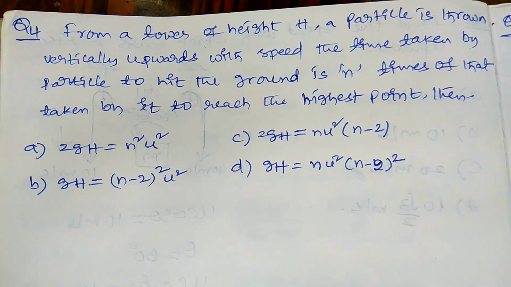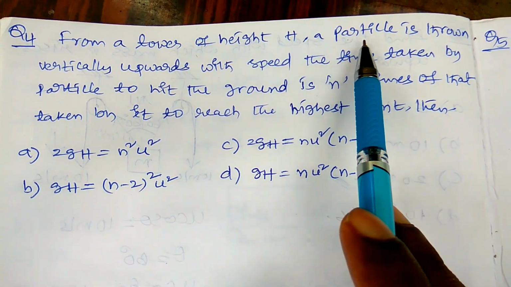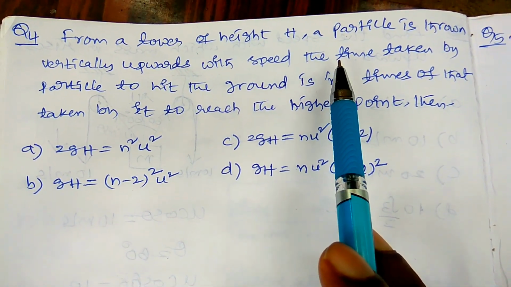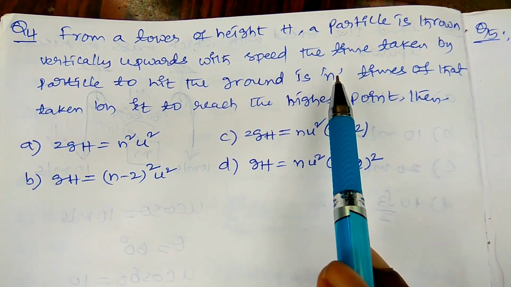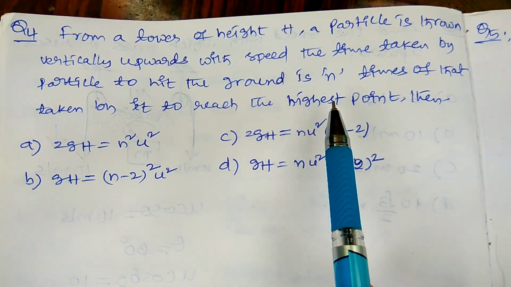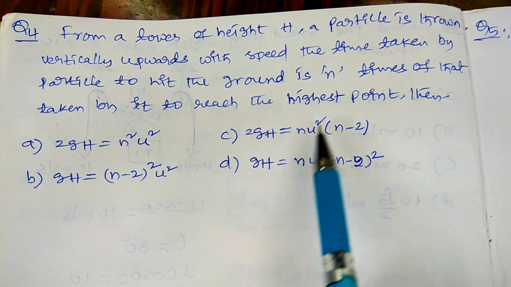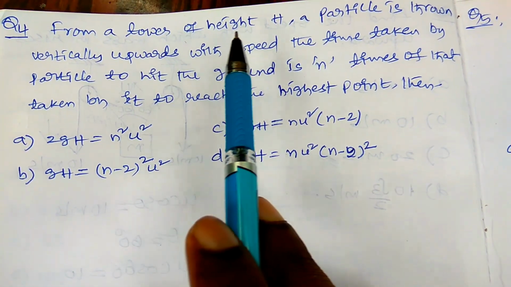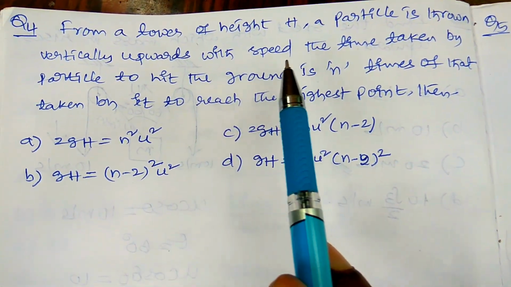Coming to the next question: from a tower of height h, a particle is thrown vertically upwards with speed u. The time taken by the particle to hit the ground is n times of that taken by it to reach the highest point. Then, so here we have to understand very easily, from a tower of height capital H, a particle is thrown vertically upwards with the speed